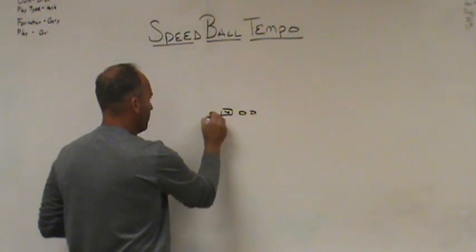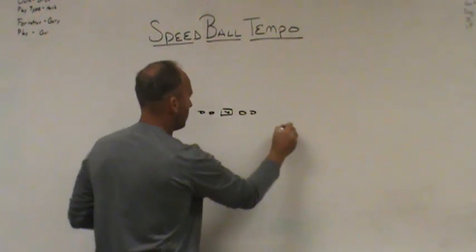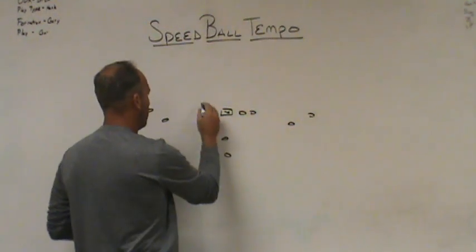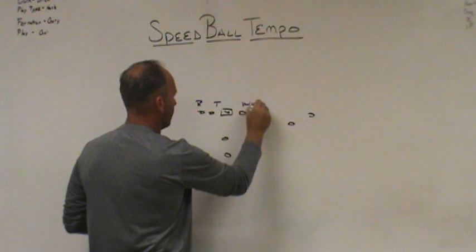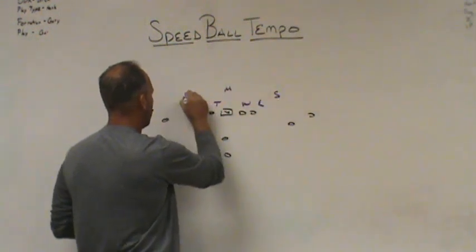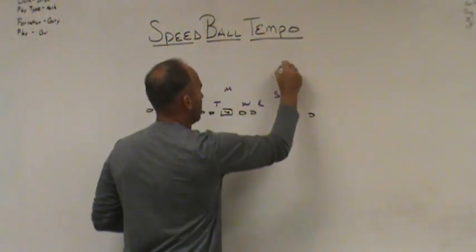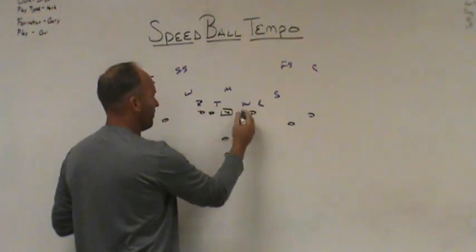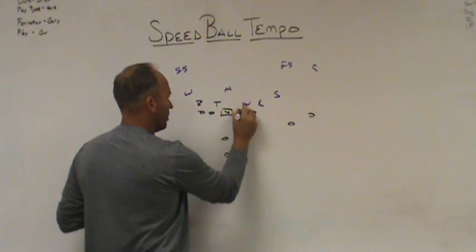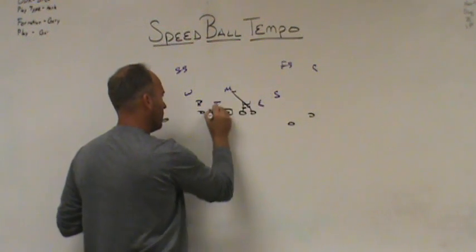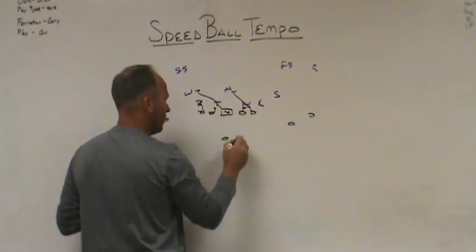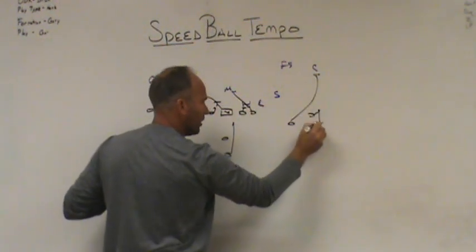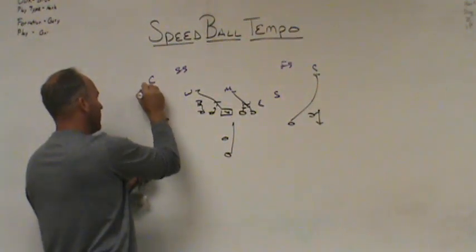It could be your 2x2 zone screens. So you could get into 2x2. And again, it all depends on how the defense is going to play, but it could be any one of those theories where it's 2x2 speedball, and now you might be running inside veer with key screen to number one.